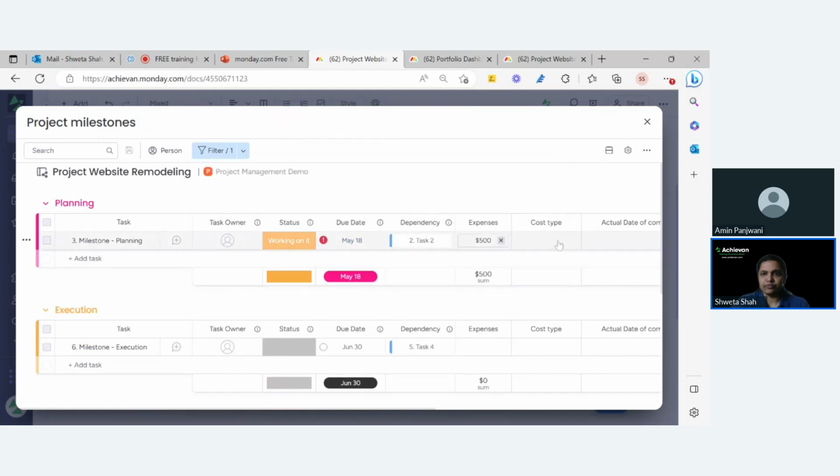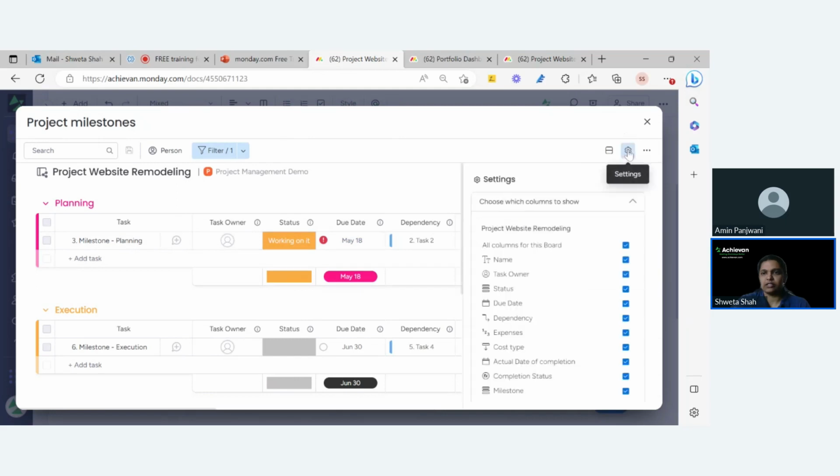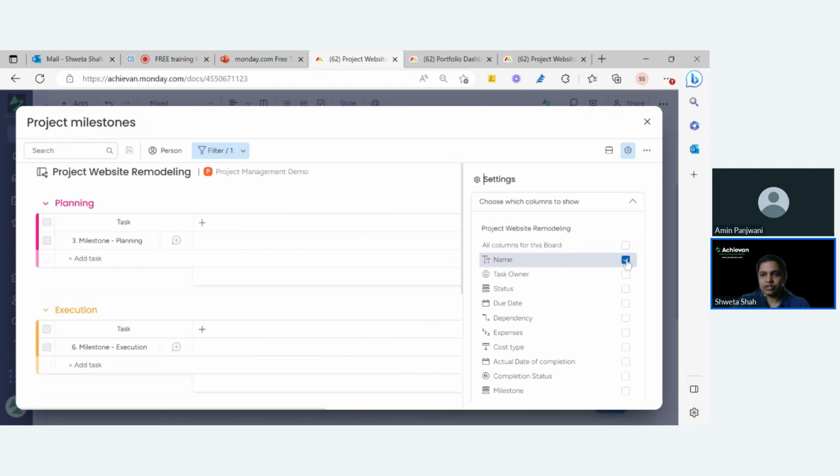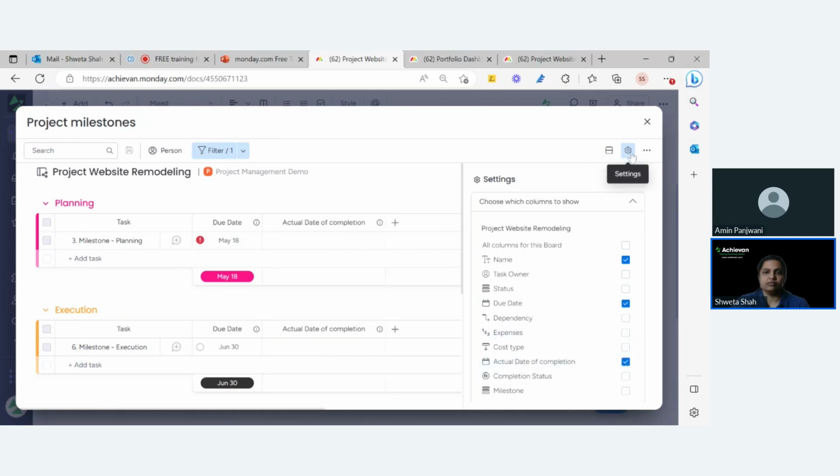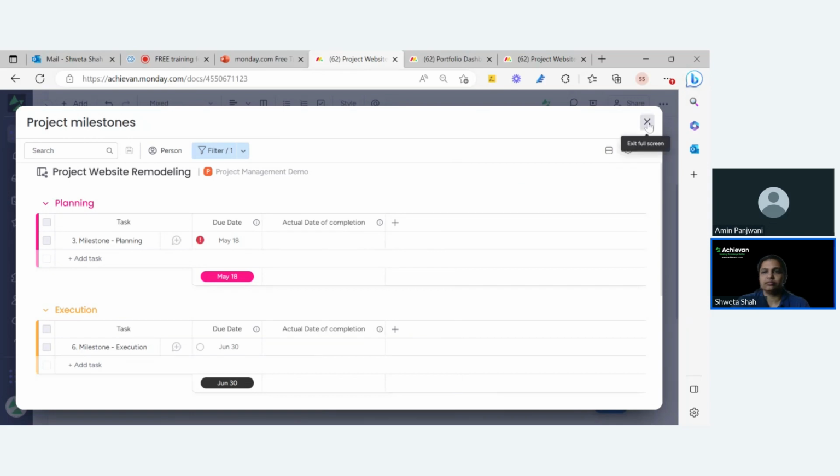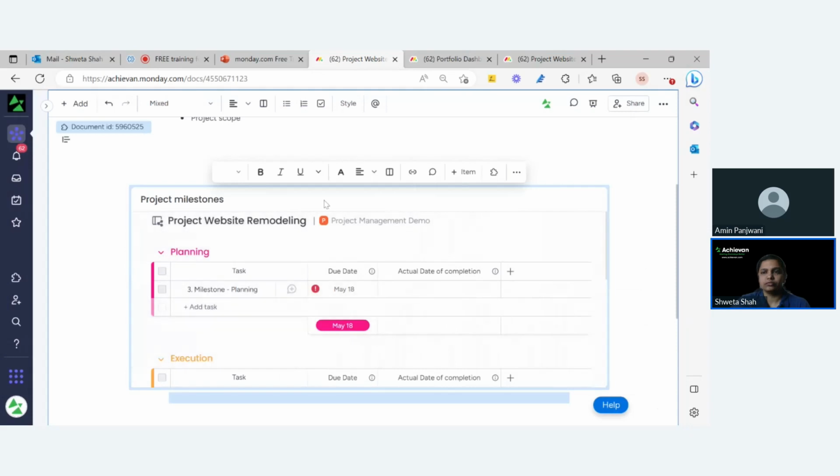And now I don't want to see these unnecessary columns. So all I do is I just want to see the name and the due date. And very important is the actual date. Okay. So now you see, because my due date is the planning date, and the actual date of completion is something